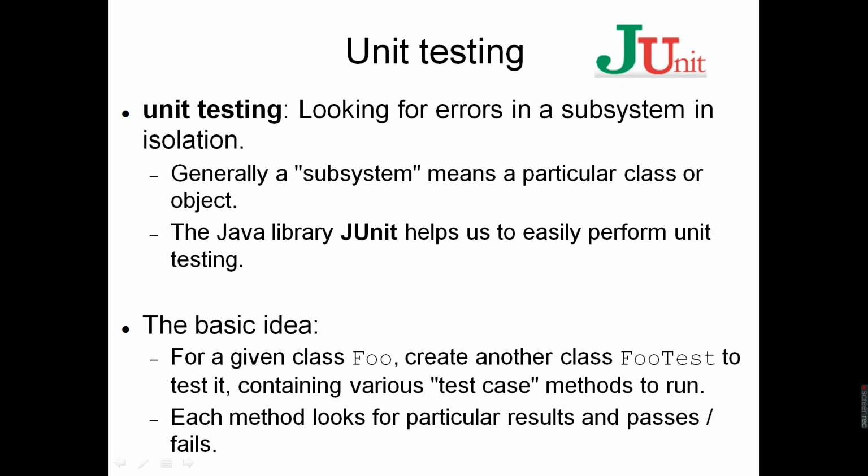It generates two types of output. One is the result called pass test case, and the second is the fail test case. For example, if the input given is expected to give the desired output, but it is not getting the desired output, then it is called a fail test case. Right? So we'll see through the demonstration how this unit testing works, and we'll see one or two programs here to understand how JUnit performs the testing.